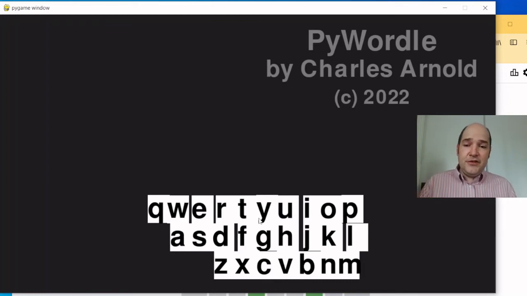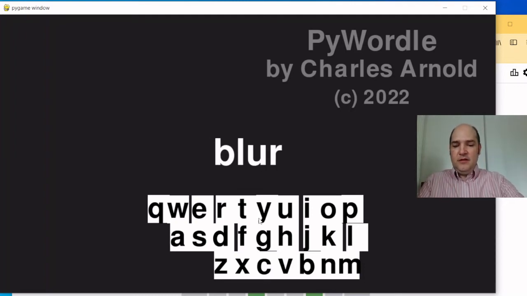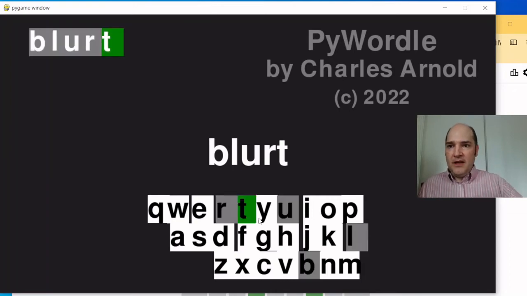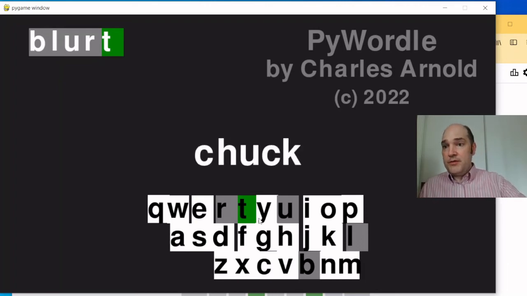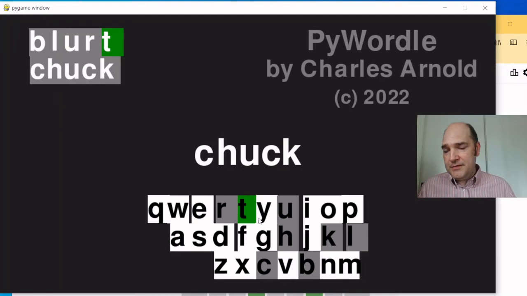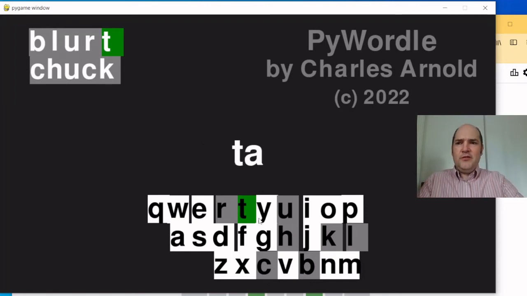But this version now will show you which letters you've used so that you don't have to keep track of mentally of yourself which letters you've already guessed. So if we were to blurt out a guess, all right, we see that T is at the end of the word. We can go with Chuck. All right, nothing there. That was a dumb guess because we already knew that the U is wrong. But that's okay. So we can guess all sorts of words. And in fact, why don't we just throw